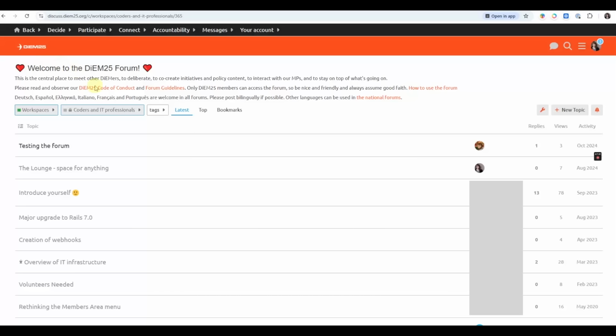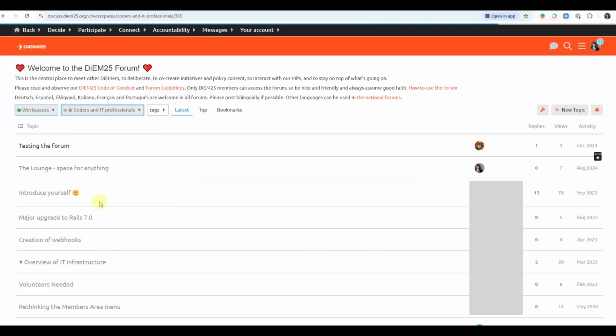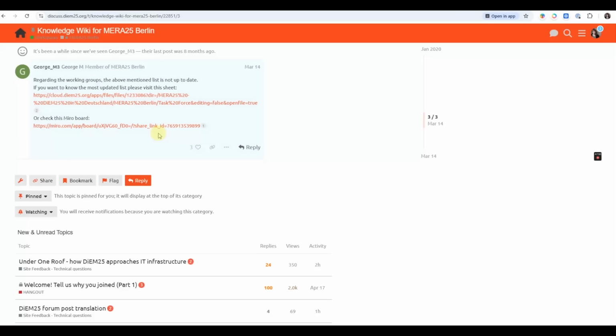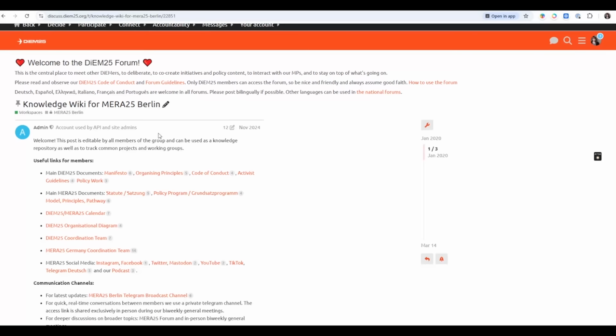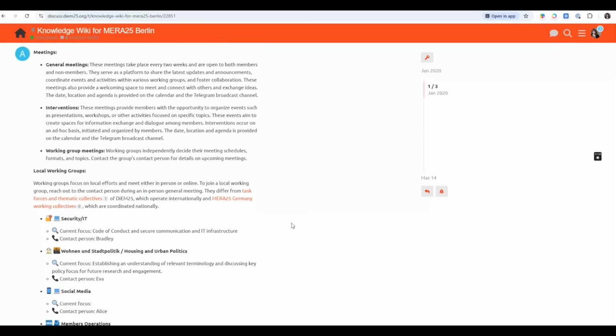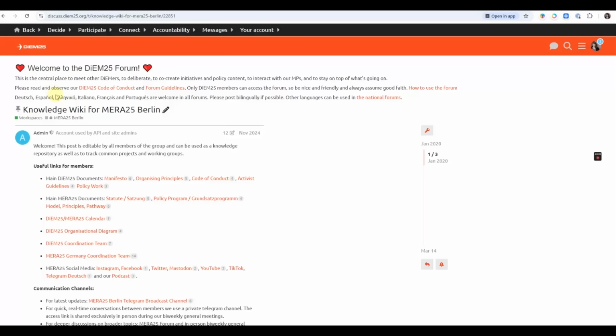And then if I go to, I don't know, Meta Berlin, every group will also get a knowledge wiki. So this is something that Berlin did very well. They really set up this knowledge wiki with all the useful links and communication channels and information. This is also something that every group has.